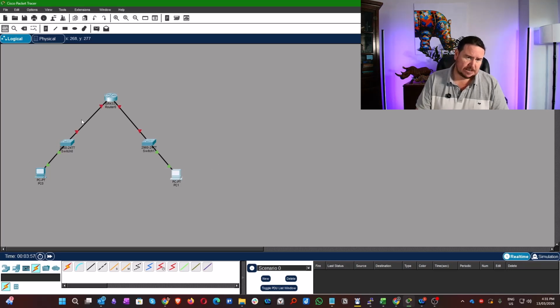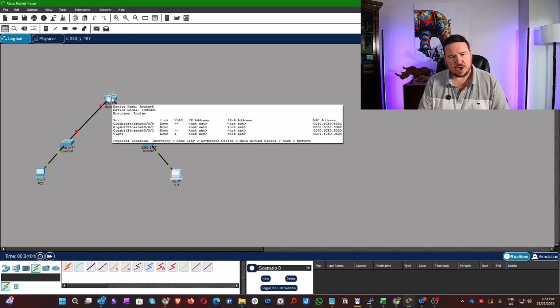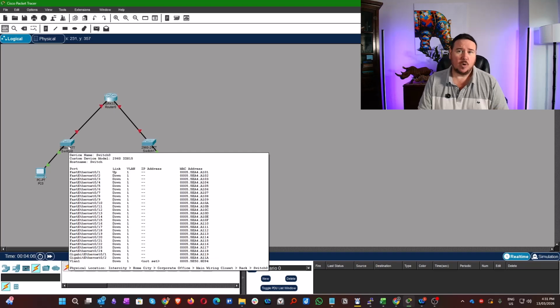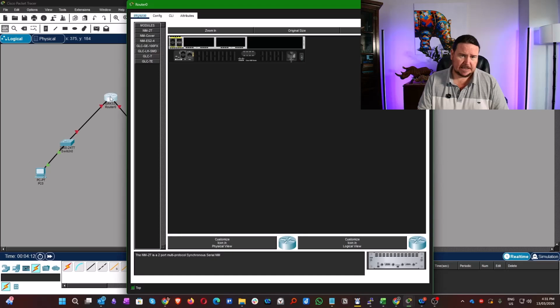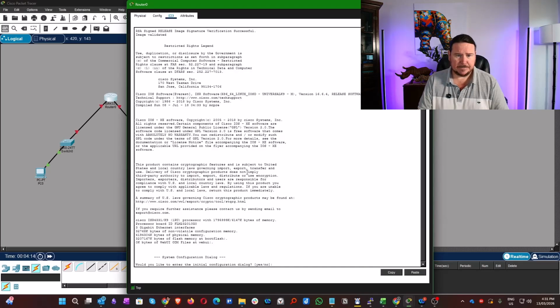The first reason why these are down is that on a router, by default, all interfaces are in a shut state. So we need to no shut them to bring them up. Whereas on a switch, all interfaces are active as soon as you plug them in. So the change we need to make here is go onto the router, click on it, click on CLI,